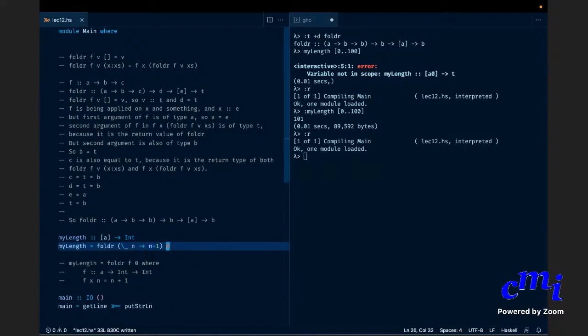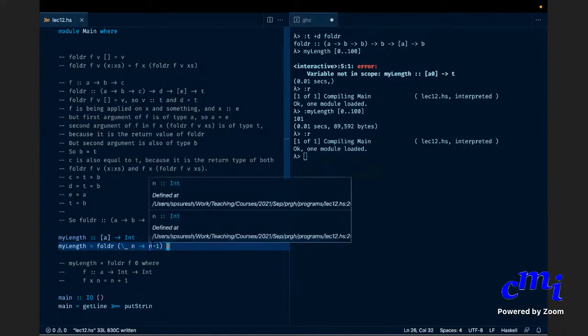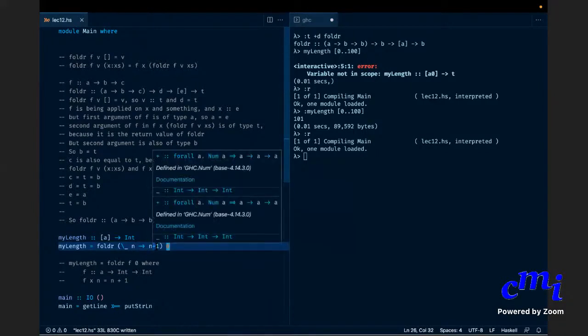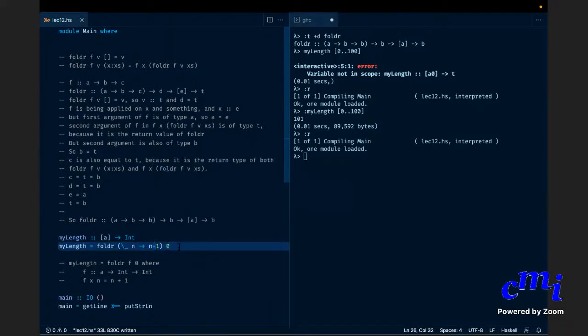If your function used to fold the elements of the list is itself complex, then you have to anyway separately define it. Haskell is offering you a choice. You could of course do this backslash whatever and then give a whole lot of definition. You can do that, Haskell will allow it, but that is not helping readability, right?